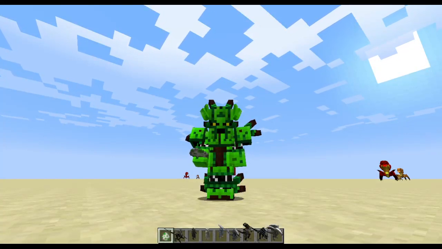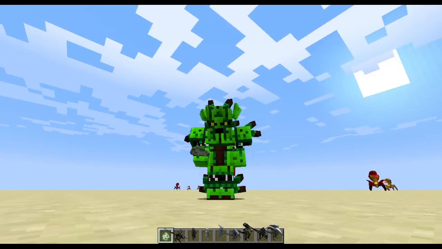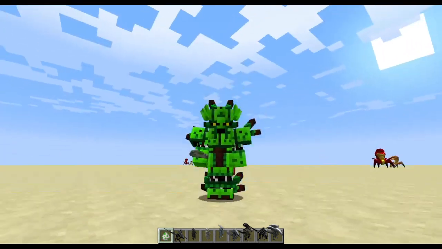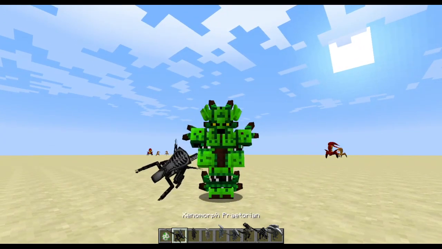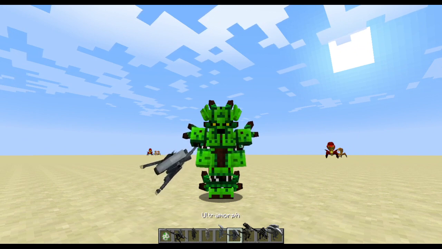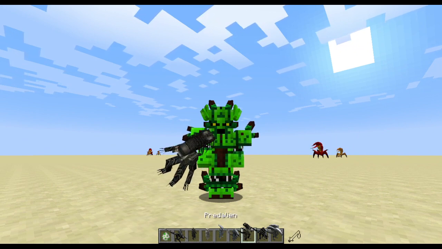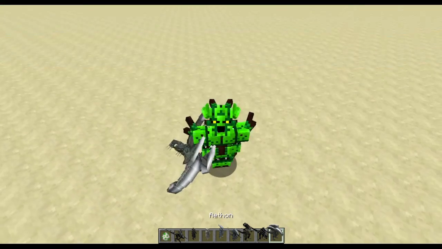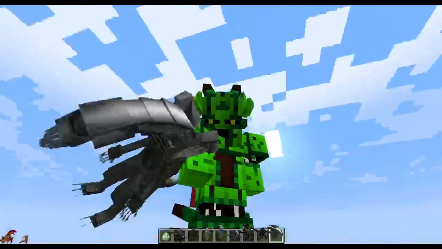I'm back for another mob battle, and this time I had an interesting idea. I'm going to have the Ratlantean Automaton from the Rats mod go up against the various, not just xenomorphs, but a few other things from the AVP mod. And after a little testing, I can certainly say that